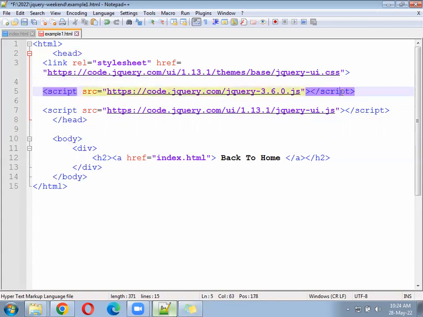This is the main library of jQuery. The first one is for the look and feel. Second is also for the look and feel. Not in this example. Once we come a little forward, after 6-7 examples, the first CSS and last JS will be required. But now you need this file,